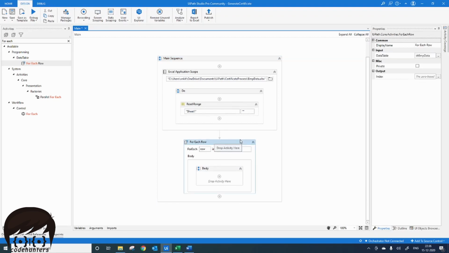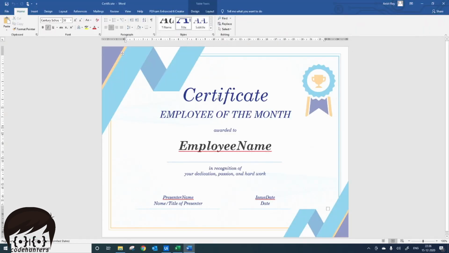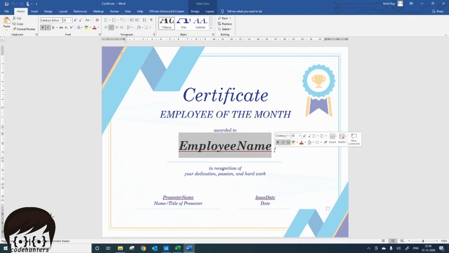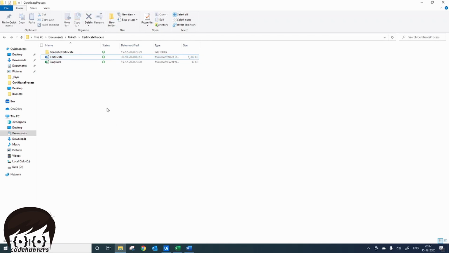Now what do I need to do for each row? For each row I need to take the values from this data table, the data which is already in my data table, and I need to update it into here. But if I do that, once I update the first row, it will change this employee name into whatever the name is in the data itself. So for the next row, it will not be able to find this employee name and it will not be able to perform the next change. So what we can do is create a copy of this template file so that we can use that template file for each of the rows.